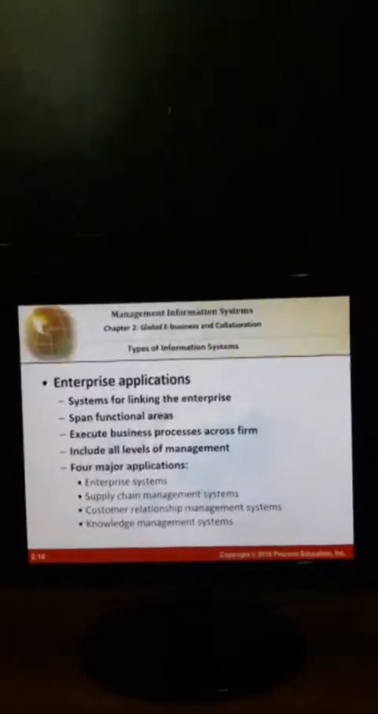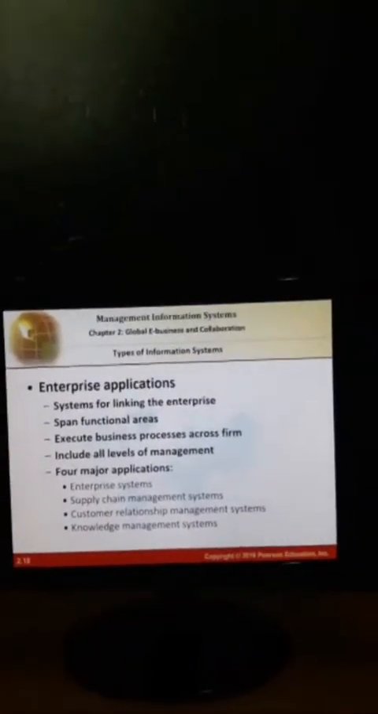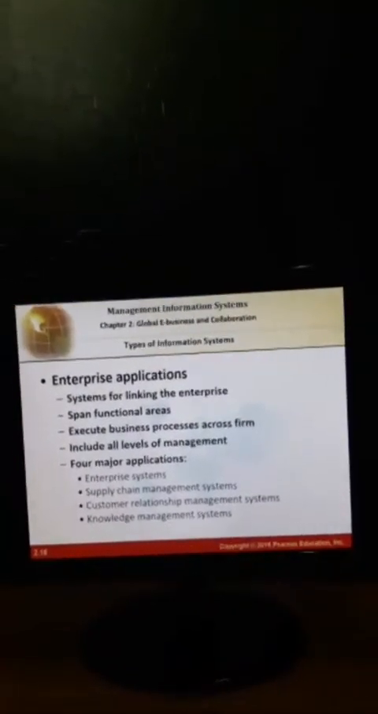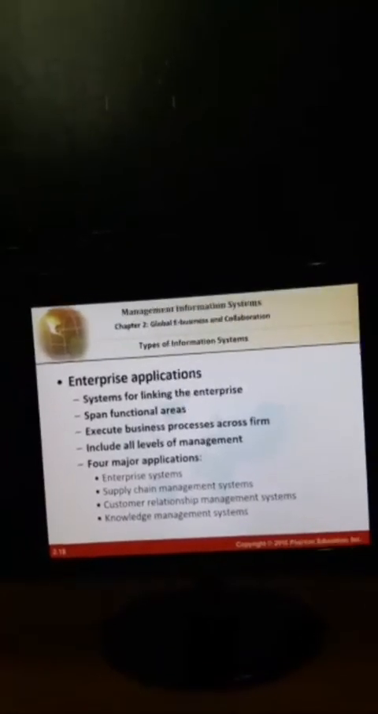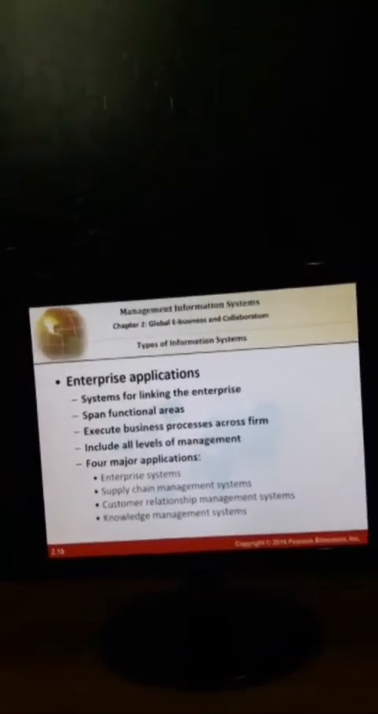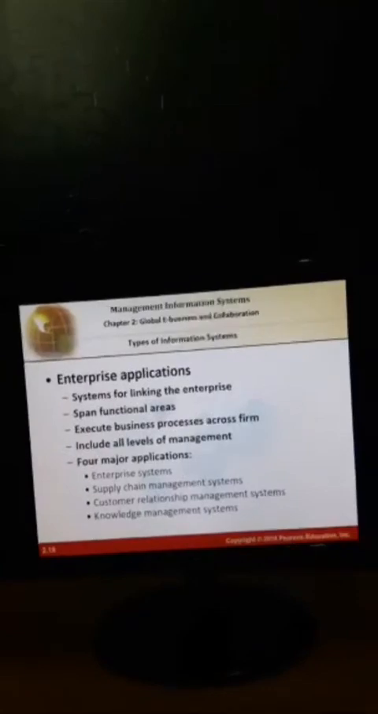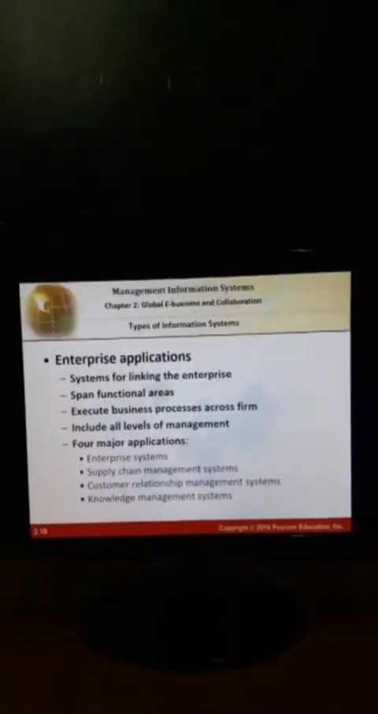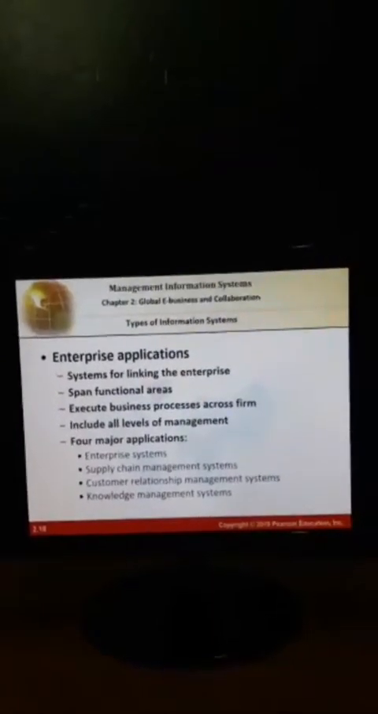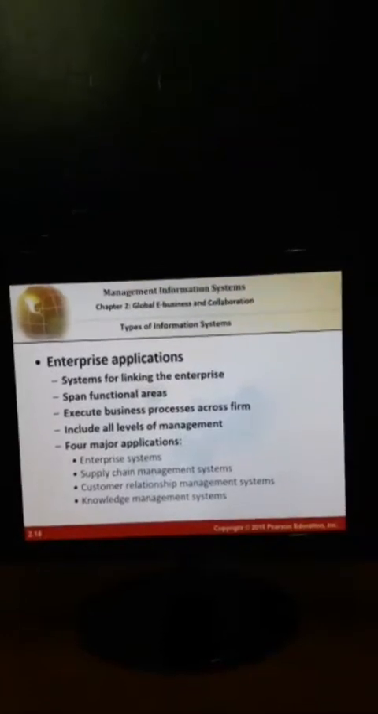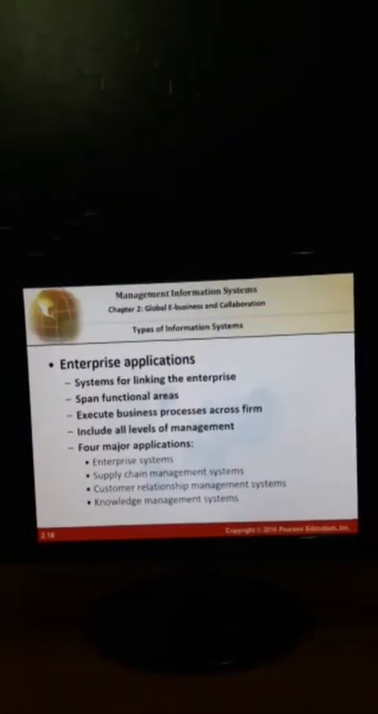So what is enterprise application? It is a system for linking the enterprise, and it spans throughout the functional areas from production to distribution, and it includes all the management levels: top level managers, mid level managers, or lower level managers. Now if we talk about enterprise application,